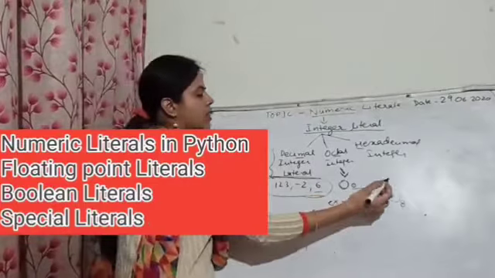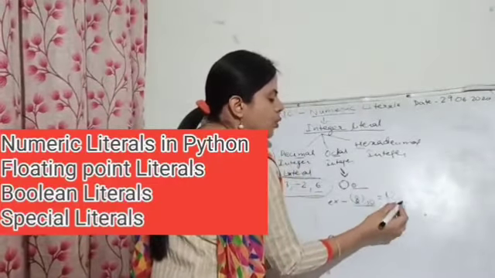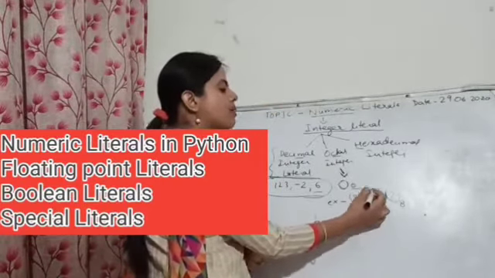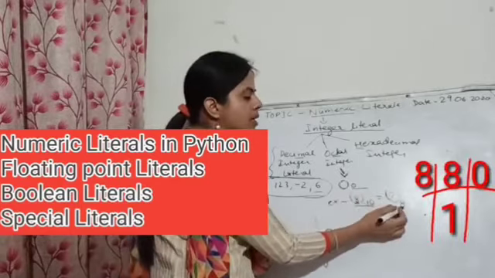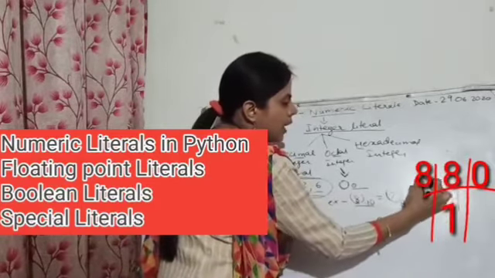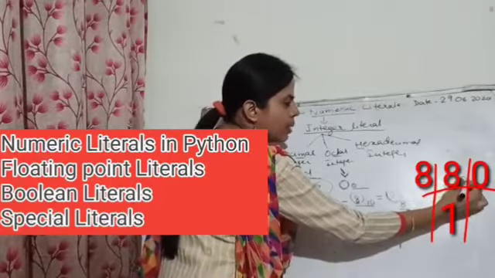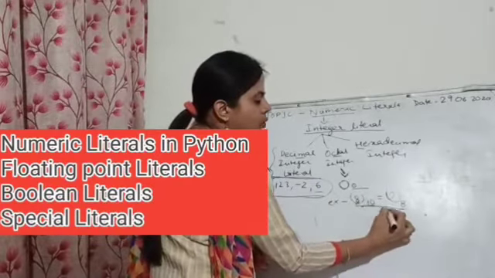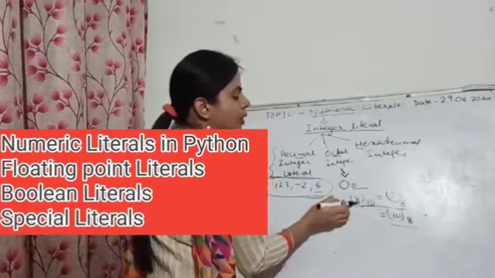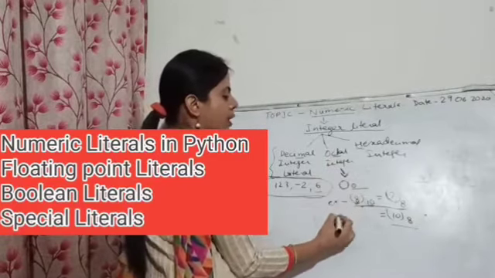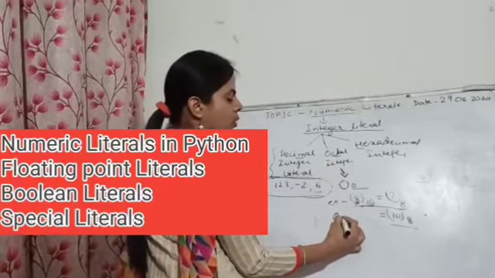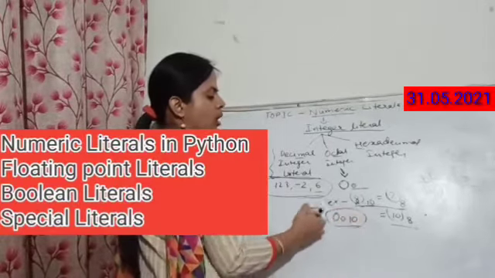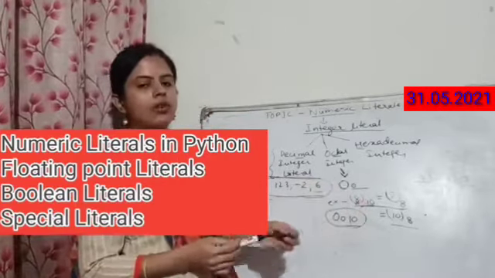Now suppose 8 to the base 10. For converting decimal to binary, we were dividing the number by the base of binary. So for converting decimal to octal, we will again divide the number by the base 8. The number is 8 and the base is also 8. So 8 ones are 8, remainder is 0. So 8 to the base 10 will be 10 to the base 8. This is the octal number of this decimal number. This is how it will be represented: 0, then O, then 1 and 0. So this will be called the octal number of this 8 to the base 10.